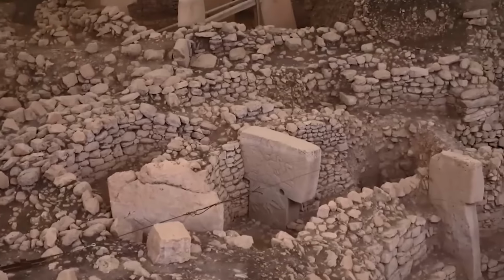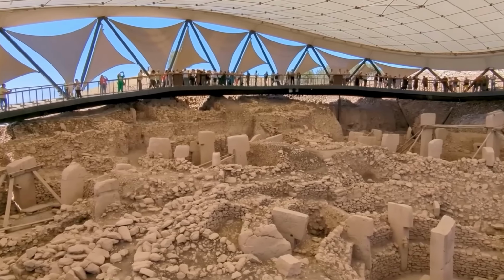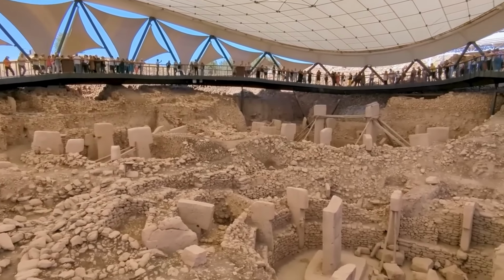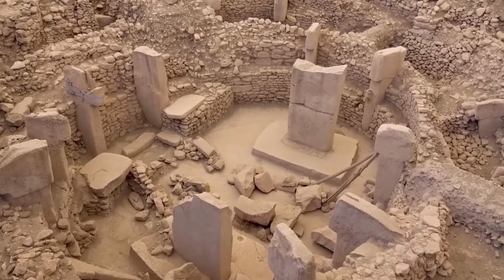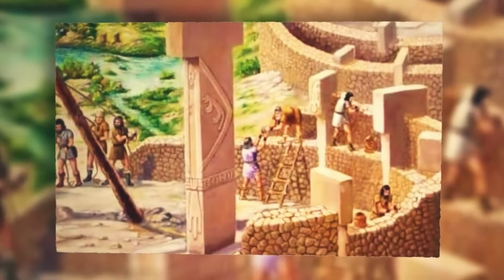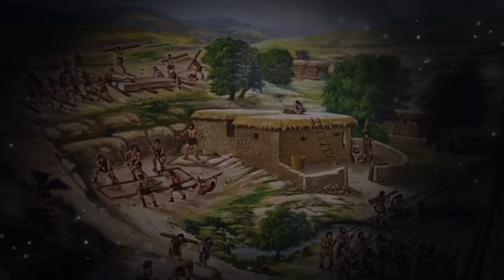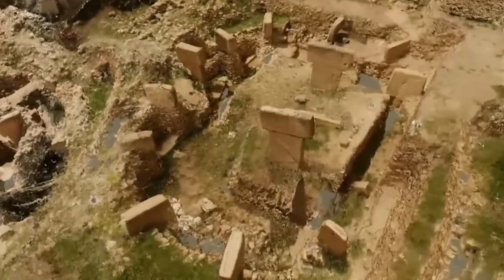Usually when a new technology is invented, you find a lot of mistakes first. You find rocks that exploded because they got too hot, you find pillars that cracked in half. But at Göbekli Tepe, the very first pillars they made are the most perfect. There is no learning curve. It is like they showed up on the first day already knowing every secret of the stone. This suggests that the people who built this were not starting civilization, they were continuing a tradition that was already